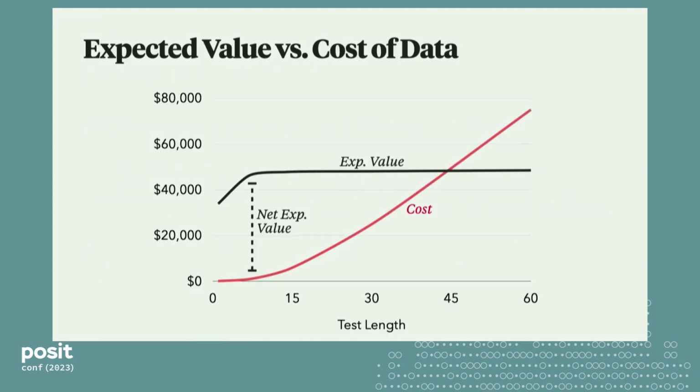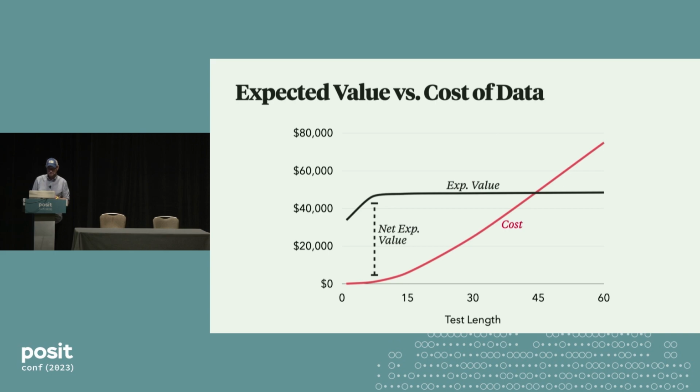It's this picture here, right? The longer our tests run, the more data we get, the more valuable that data is. Additional data is less valuable when you have a lot than when you have a little, right? Costs increase as you wait to get that data. If it's more valuable to get the data than it is costly, you should get the data, right?